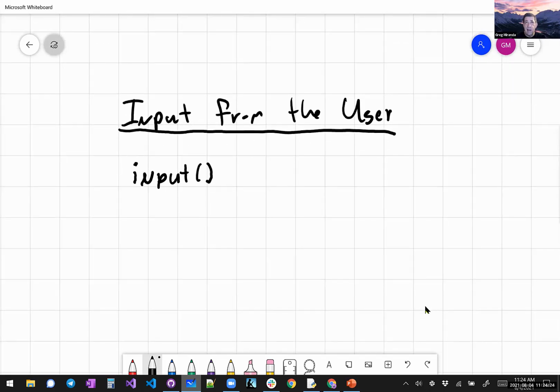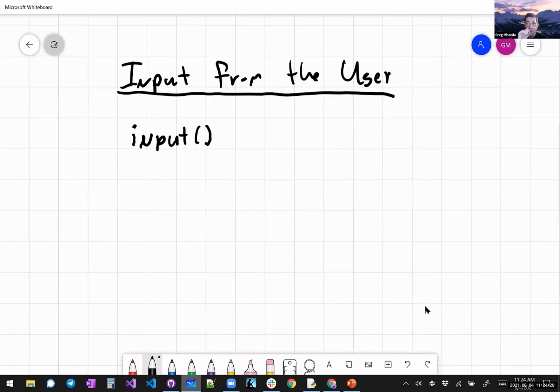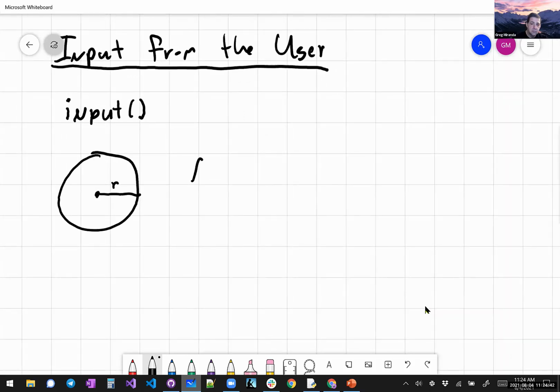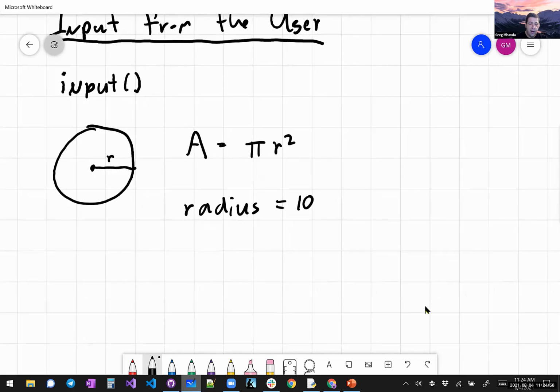But first, I want to do an example of using input, but I want to talk about why it's a good idea versus writing a program that doesn't use input. Let's say we have a circle with a particular radius, and I want to know the area of a circle. And that's just pi r squared. So I need some variables. Well, I can use r, but I prefer radius. And let's say 10. And so the formula for area, and I'm just going to use another variable for area,